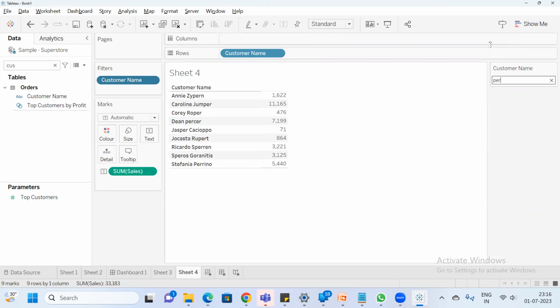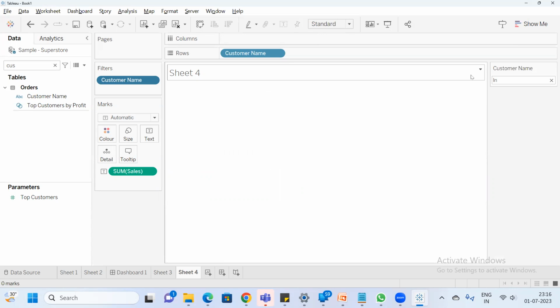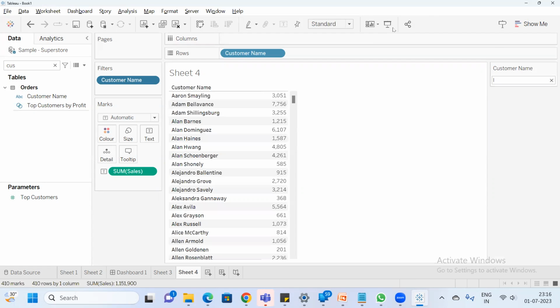When some user wants to check specific names, it is like a search box that we use in most of the browsers. So let's say I want to see which contains ln or which contains l. Okay, so in all these names I have l, or which contains an,